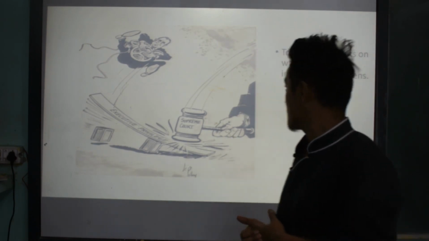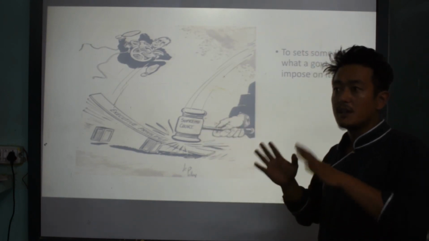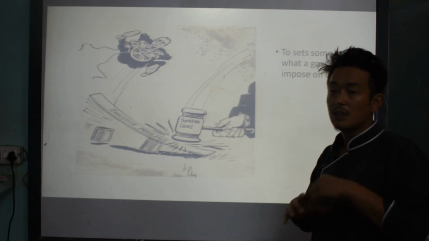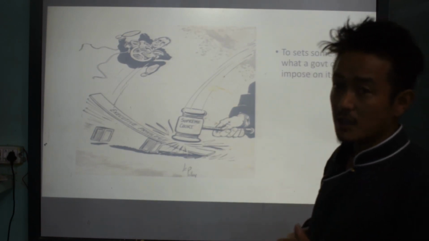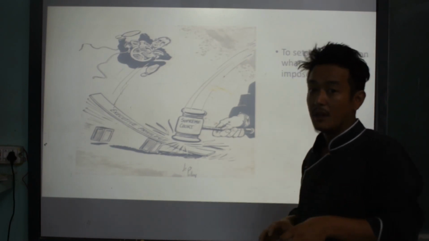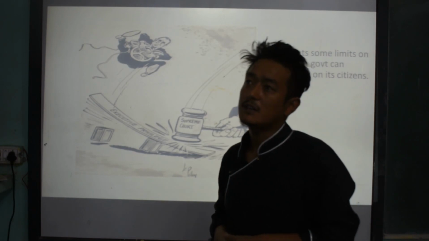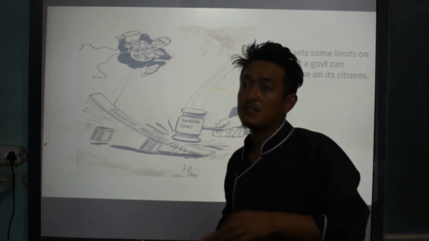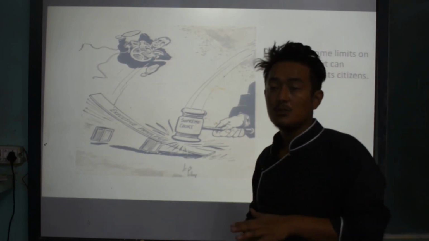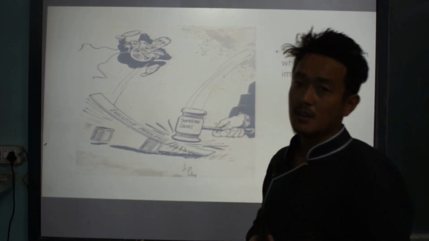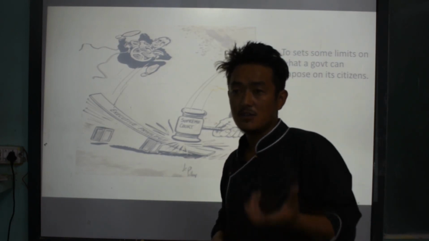Now what happens is, if you do not put certain limits on the government, it is going to make certain laws which might turn out to be very unfair and unjust, right? For example, that same particular government might decide to pass a law that says you are not allowed to wear certain clothes and eat certain foods, and you are not allowed to even sing a certain song.